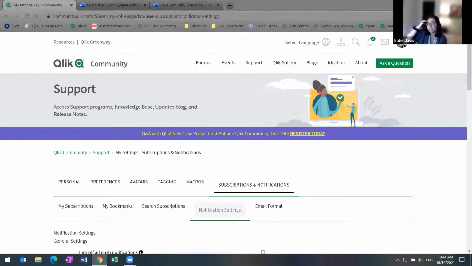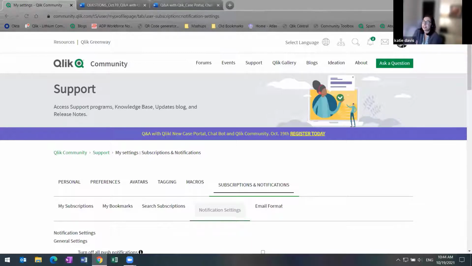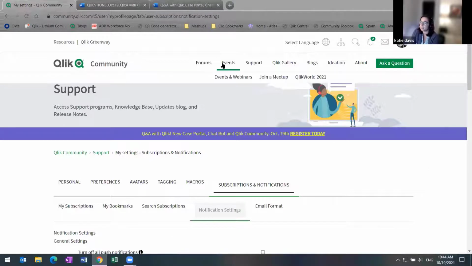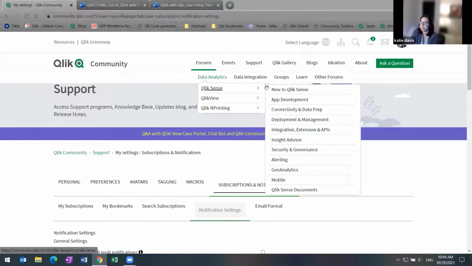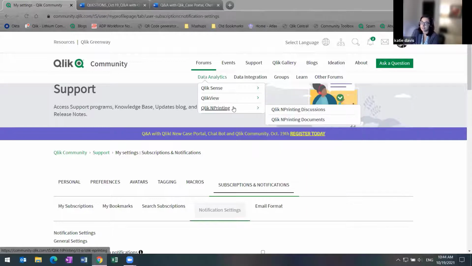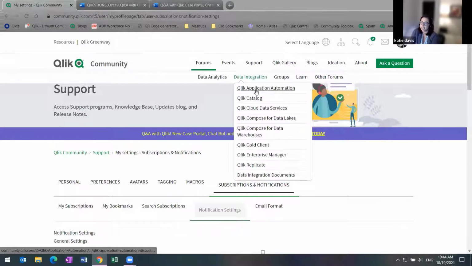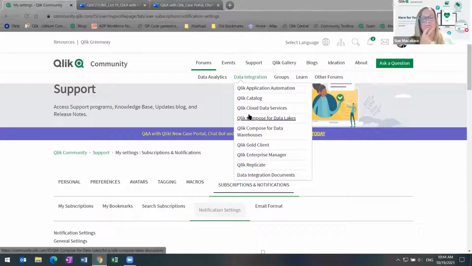That's great. That also feeds into what I wanted to point out as we were talking about subscriptions: you can also follow threads in our forums and groups. So Jamie, I'll let you hover over the different product forums that we have. Whether you're a Qlik Sense or QlikView user, or in our data integration products, we're always adding new products on this roadmap as new ones come out.